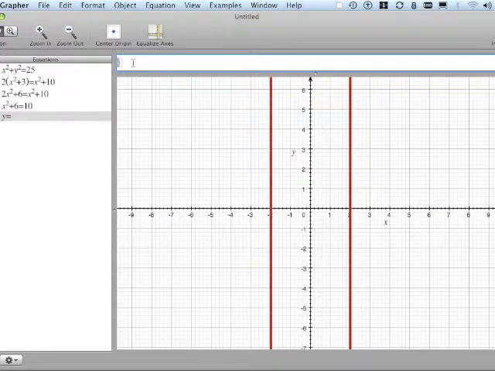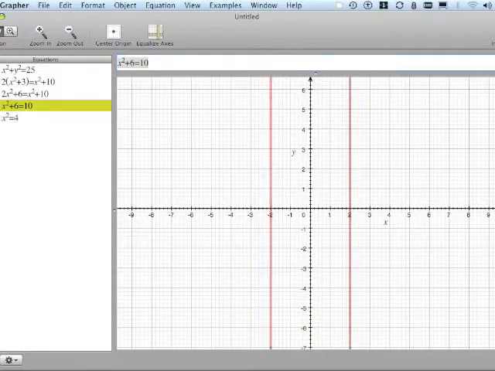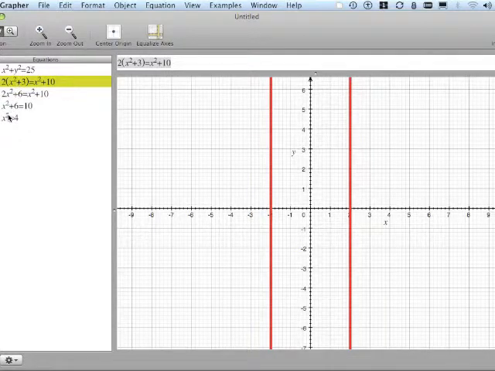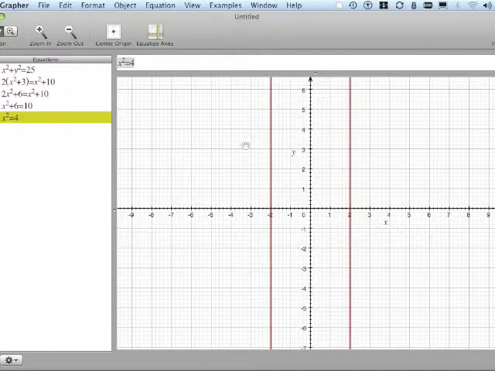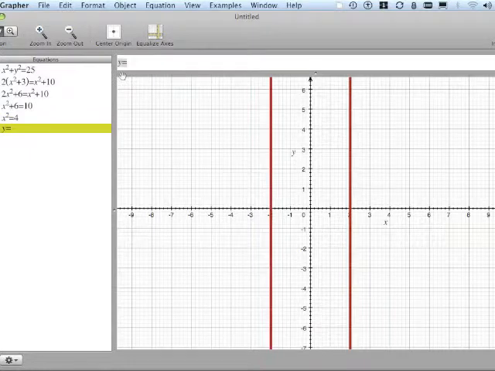So they would probably have x squared equals 4. And again, the original and the new one basically are the same graph, and therefore we have an appropriate step. If we want to go one more step, we could simply add and say, okay, from there I get x equals 2